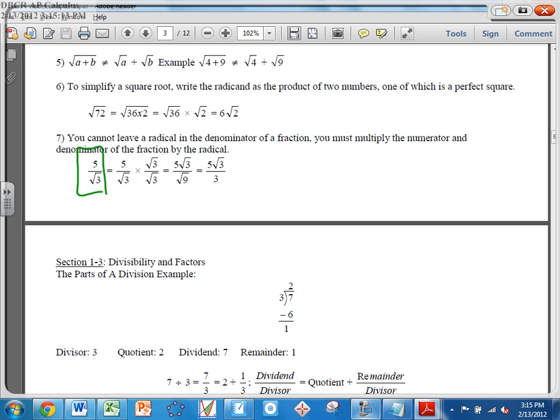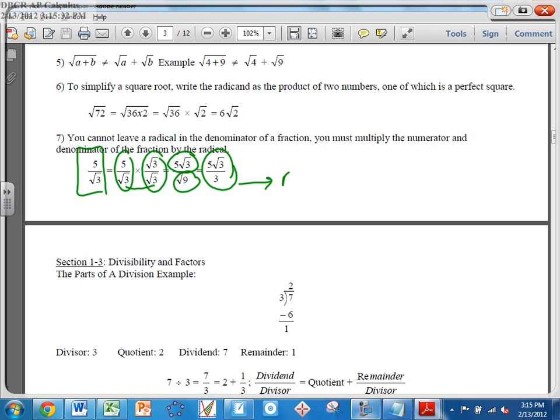Well, you can't leave a radical in the denominator, so you take that answer and multiply by the radical over itself. Radical 3 times radical 3 in the denominator becomes radical 9. 5 times radical 3 in the numerator just remains 5 radical 3. But radical 9 turns out to be 3. So our answer,